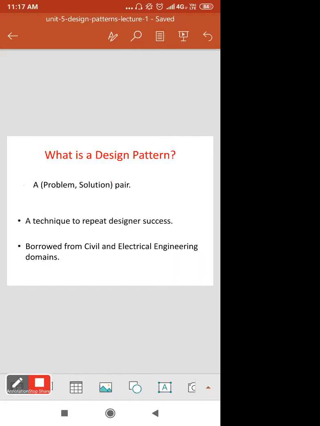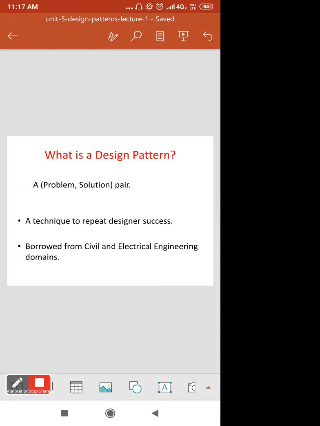Now you can see what a design pattern is. You can also say it is a pair of problem and solution, in which you find the number of problems the designer may come across while designing a software or a model, and it prepares a number of solutions for those problems.